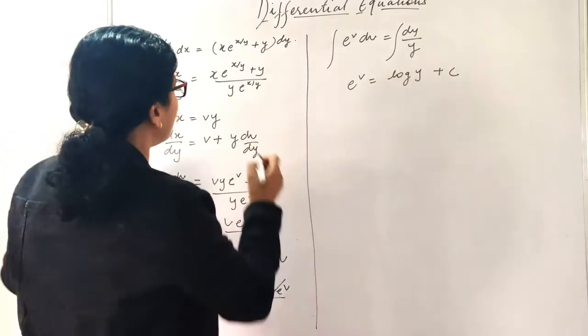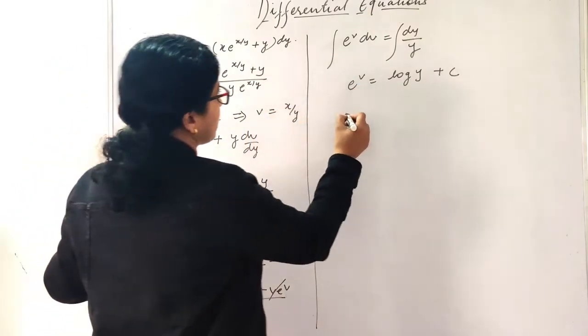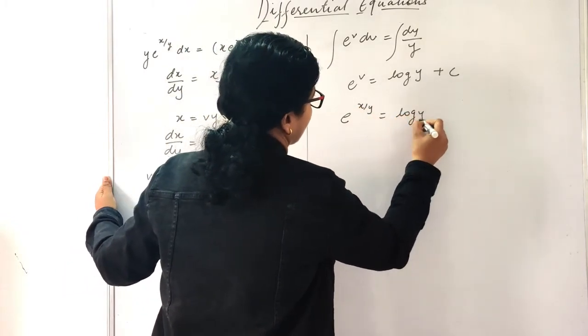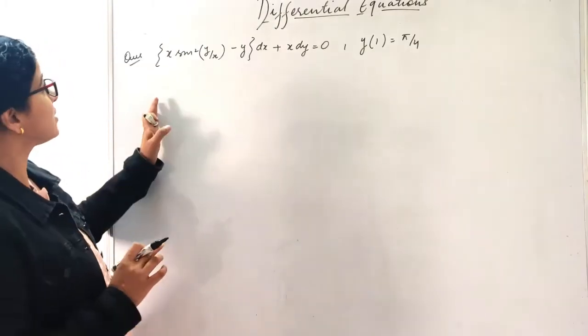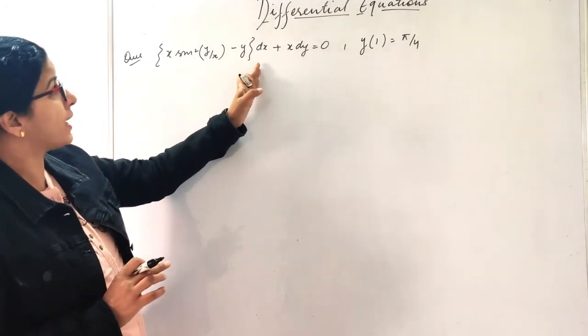Substitute the value of v. So what is the value of v over here? It is x by y. Substitute here. Done. Now let us take this question, (x sine square (y by x) minus y) dx plus x dy